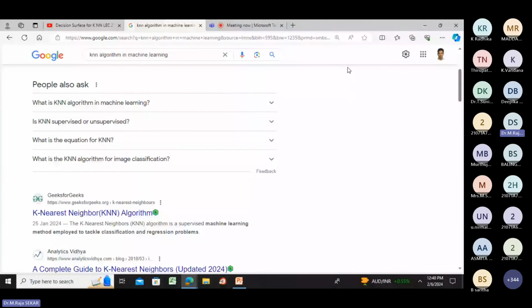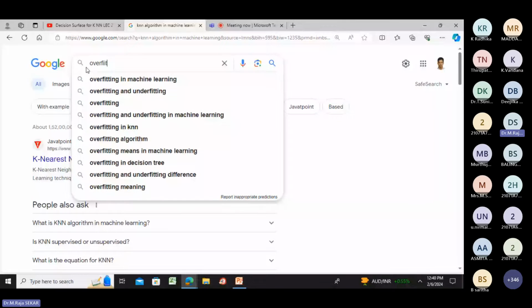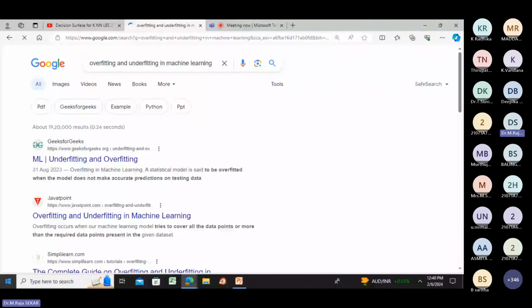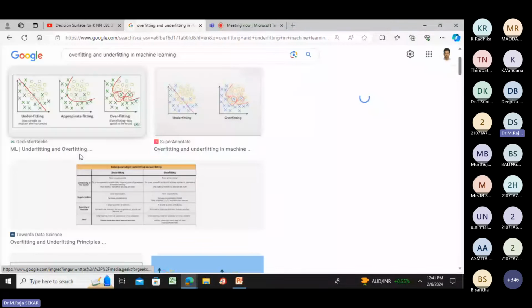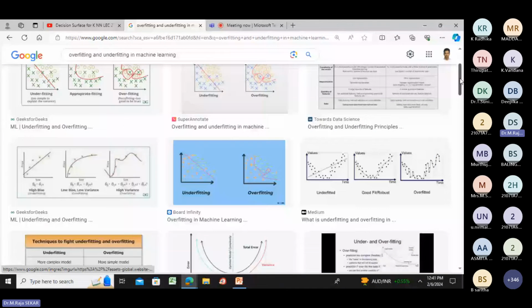There is something like overfitting and underfitting in machine learning. Let me do an image search. Just see, there are so many. Just see that these are pictures: appropriate fitting, underfitting, overfitting. You will get so many images, isn't it? In order to understand